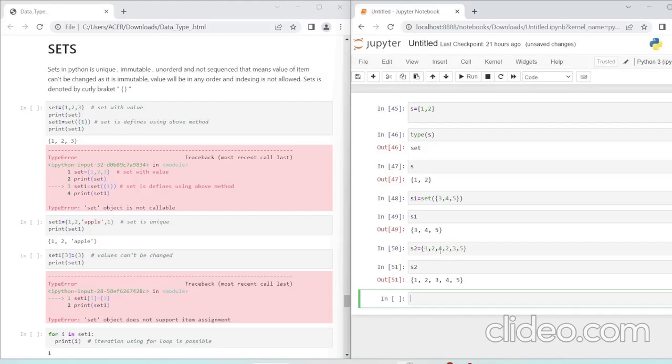So I wrote 1 2 4, then there was a 2, it has removed it, and it's 3 5. You can see that I entered the values as 1 2 4 2 3 5, but it has rearranged them. Okay, I'll run it again. Okay, no issue. If I do s2 is equal to s2 plus,